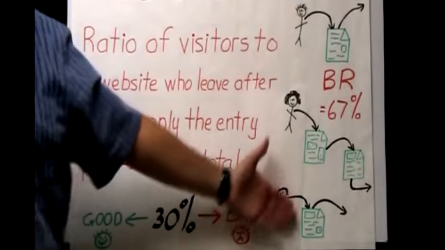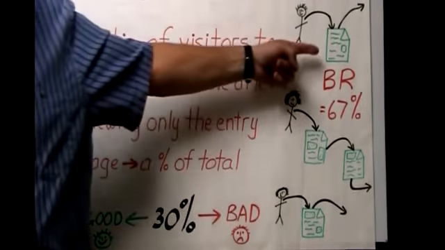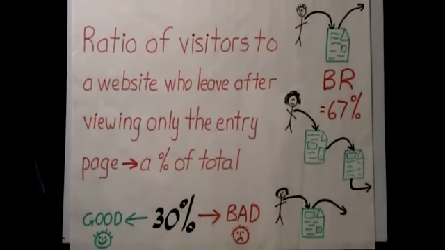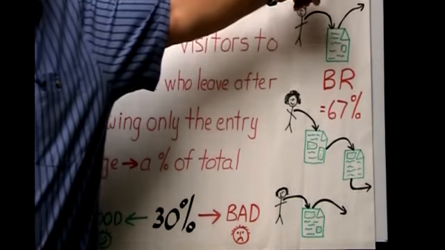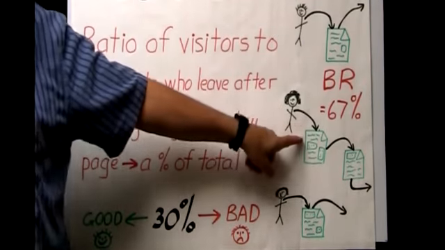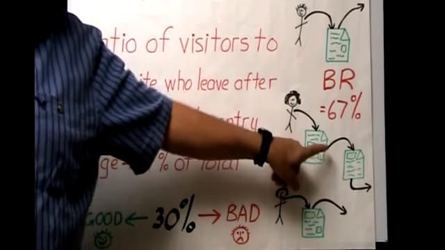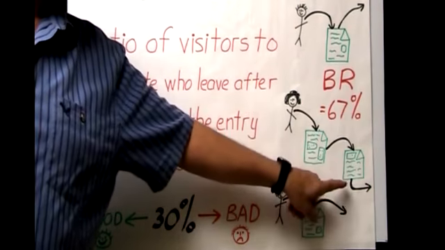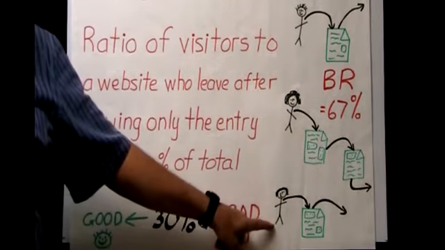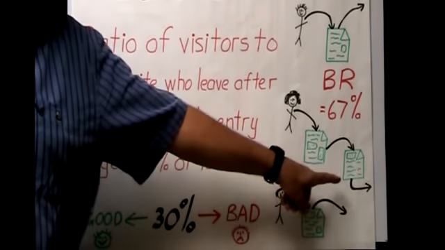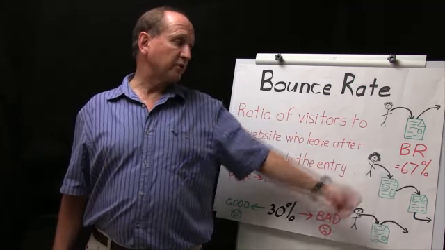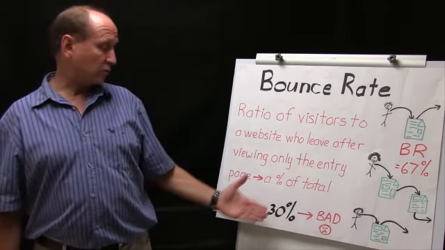As an example of how it's calculated, again, the green blocks are different web pages on the same website. You have one visitor coming in, he or she only reads a little bit and then leaves straight away. Another visitor visits another page and maybe clicks on a sub-menu, goes to a second page and only then exits. And a third visitor again does a single visit, so-called singleton, and leaves again. So you've got 2 out of 3 bounces, which is a bounce rate of 67%, which according to this is